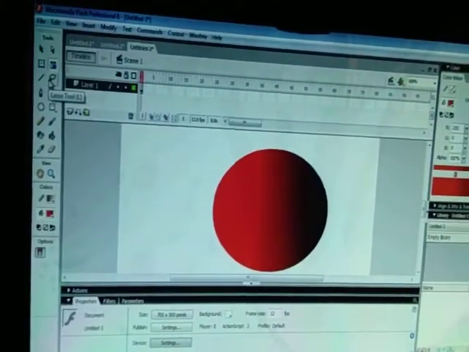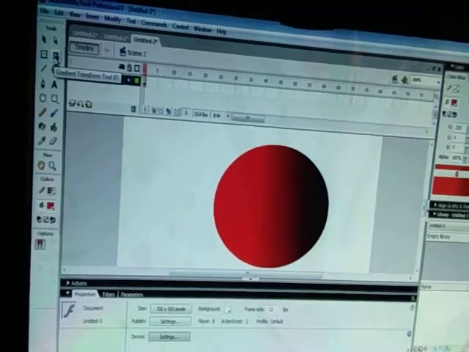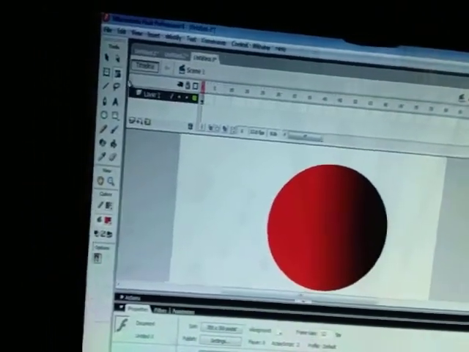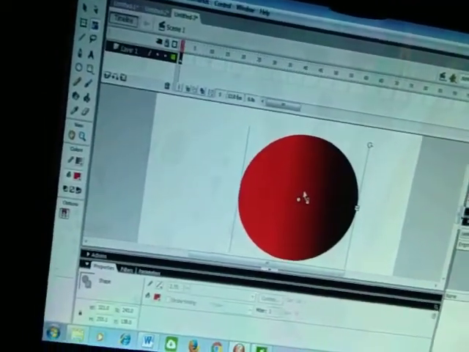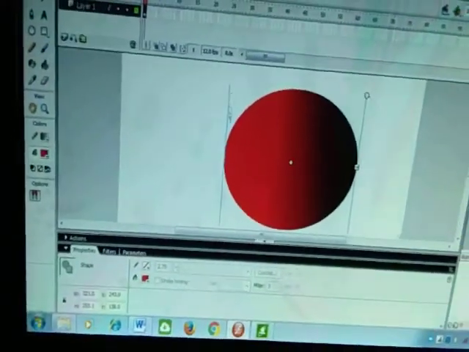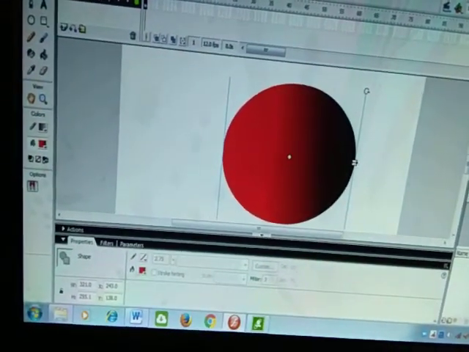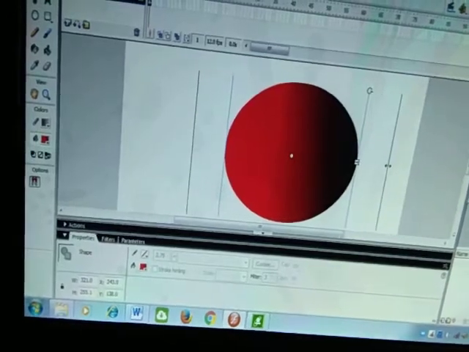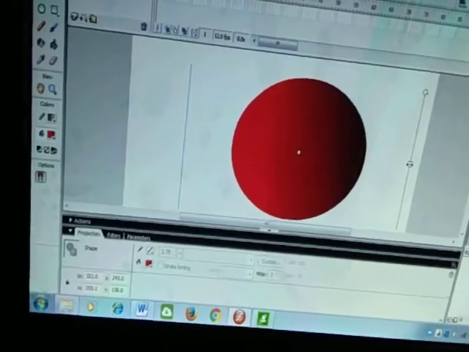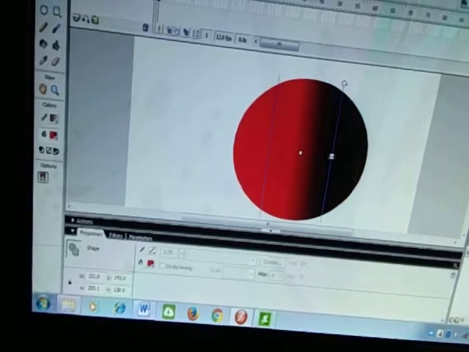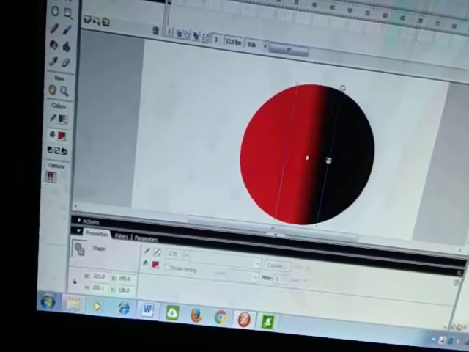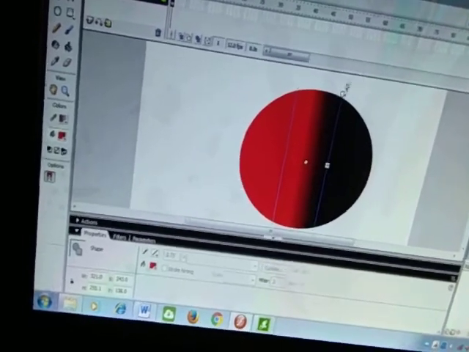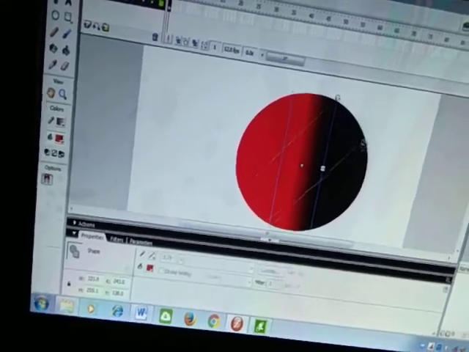Now students, I would like to tell you, if you want to use the gradient transform tool, you have to click over here on the gradient transform tool and then click inside the image. Now you can see that there are some control handles which are used to change it. Suppose you want to make it large, so the shading will change. If you want to make it close, the shading will be half shade. So this way you can change the part of the gradient.